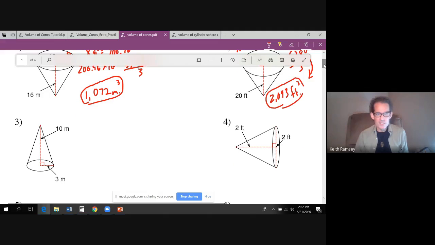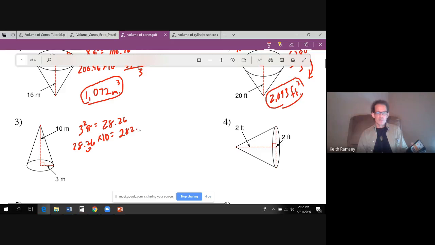Okay, let's take a look at 3 and 4. So here's my radius of 3. So first step is radius squared times pi. So 3 times 3 is 9. 9 times 3.14 is 28.26. I want to take the area of my base and multiply it by the height. That's my second step, times 10. So I'm just going to move that decimal place 1 step to the right because I'm multiplying by 10. So now I have 282.6. And I want to divide that by 3 because the volume of a cone is 1/3 the volume of a cylinder,